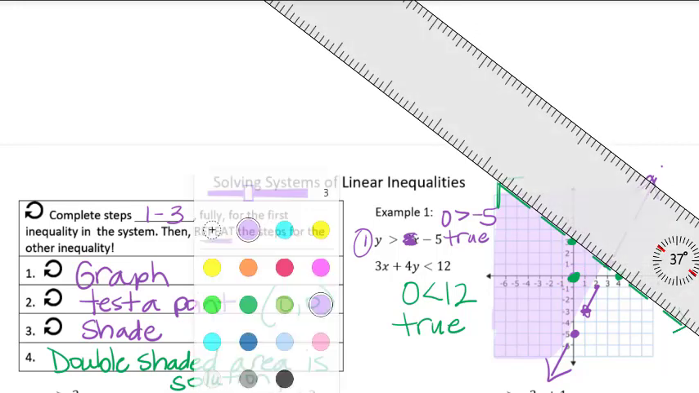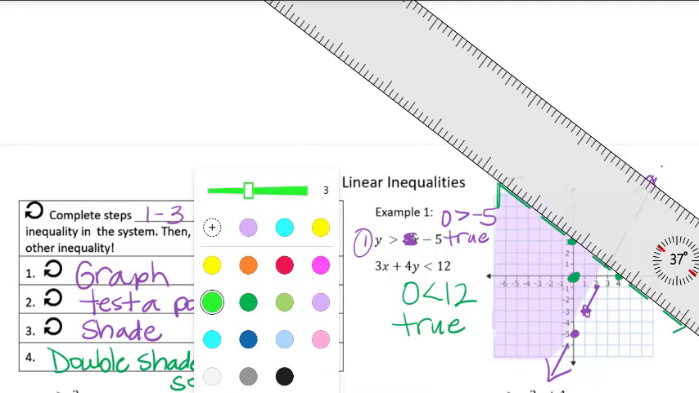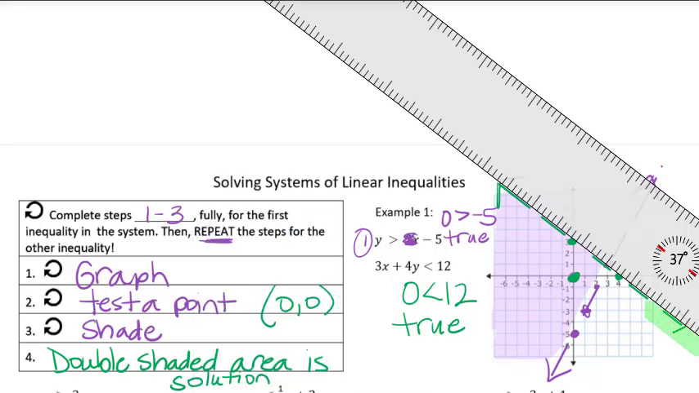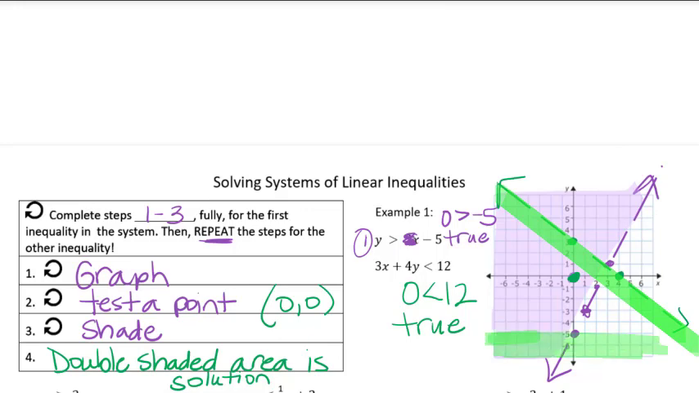Okay, so I need to shade the entire side where 0 is, all the way to that line. Okay, so now if you notice, we've shaded, so we're on to step 4 where we're trying to find where